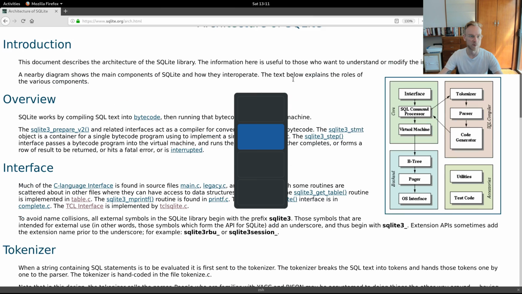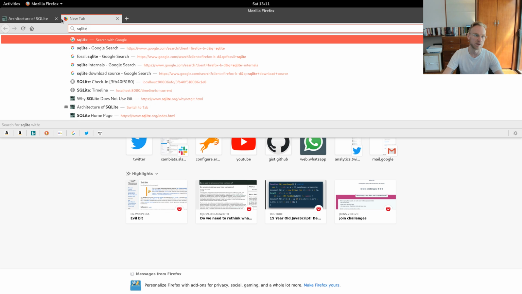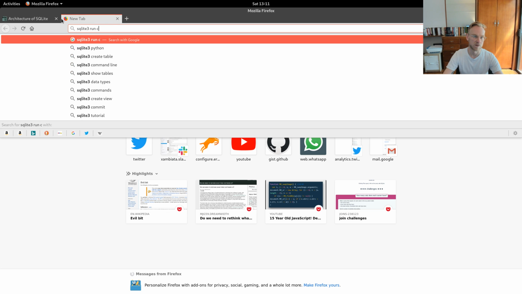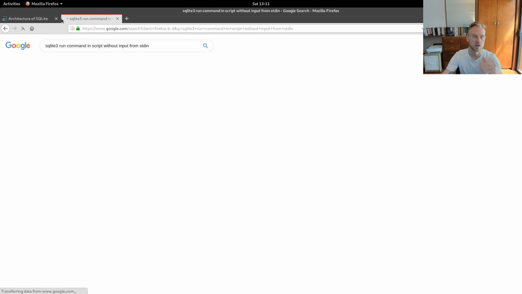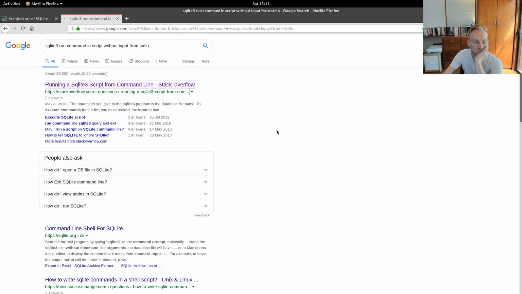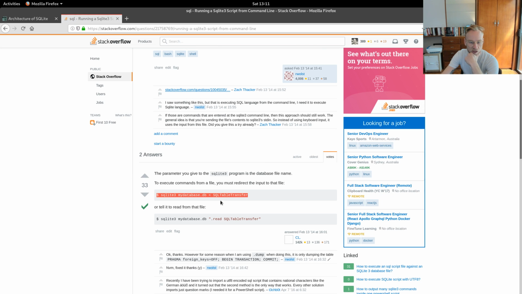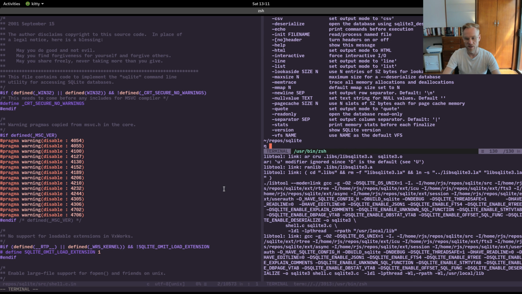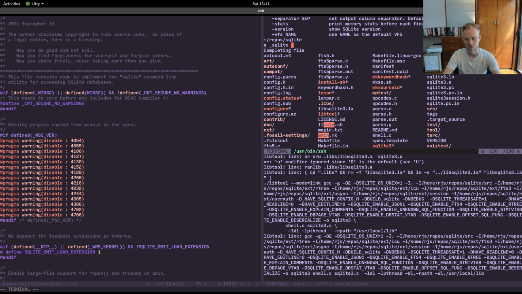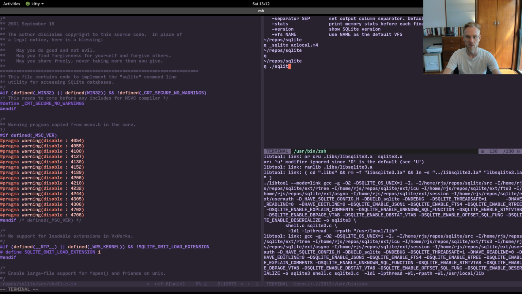Let's actually go back up here and say sqlite3 run command and switch without invoking storage. Cool. So we can just feed stuff in from standard in, right? Yeah, so we're going to say sqlite3. No, I'm going to have to say sqlite3 test db, and it will be like